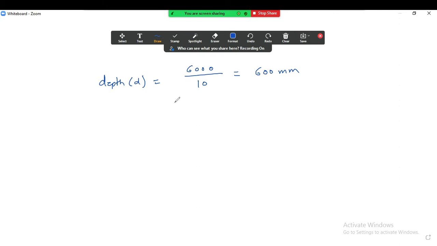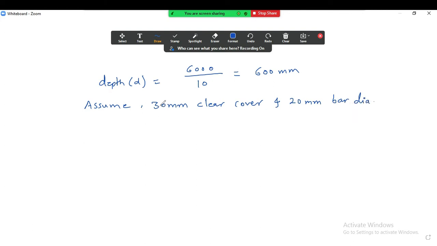Here this is your effective depth. Now here I will write, assume 30 mm clear cover. For beam you can assume between 25 mm to 35 mm, 30 mm is okay. For column it is 40 mm. For footing it is 50 mm, and for slab it is 15 to 20 mm. So now 30 mm clear cover, and let us assume 20 mm bar diameter.